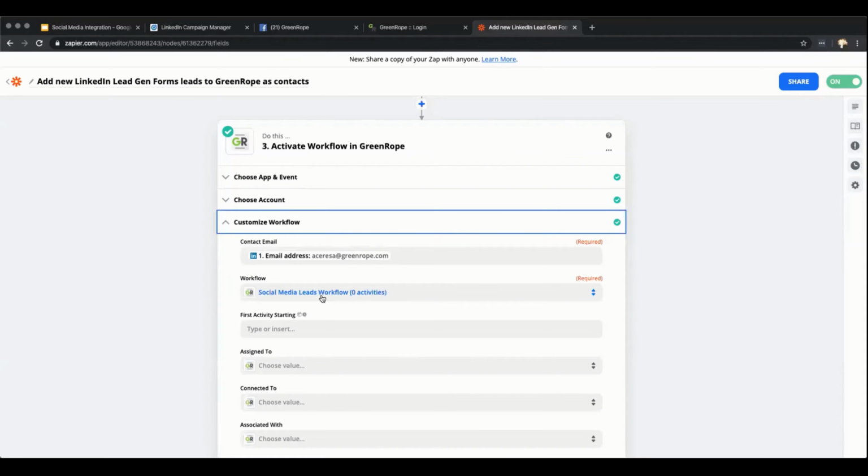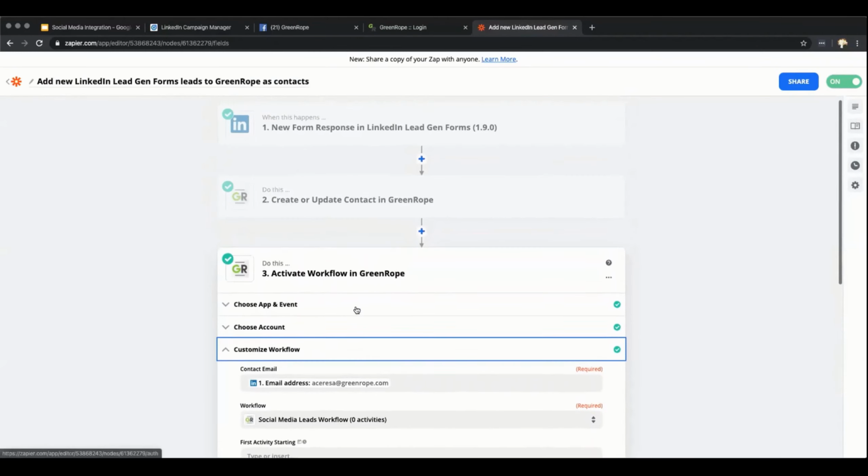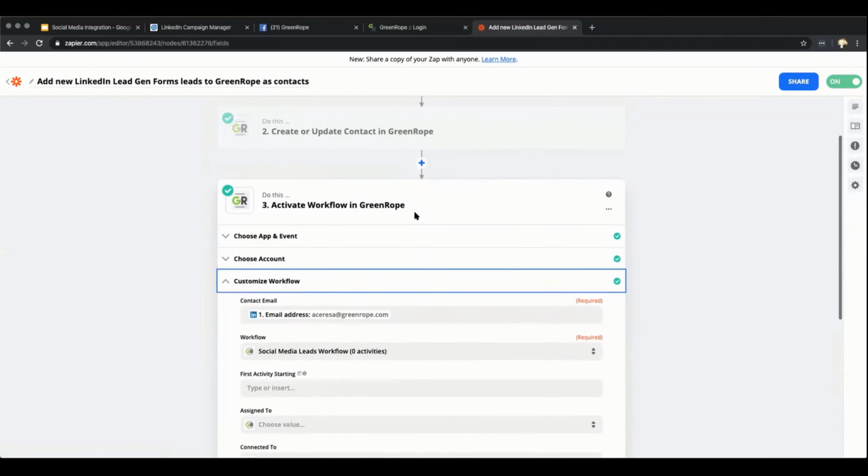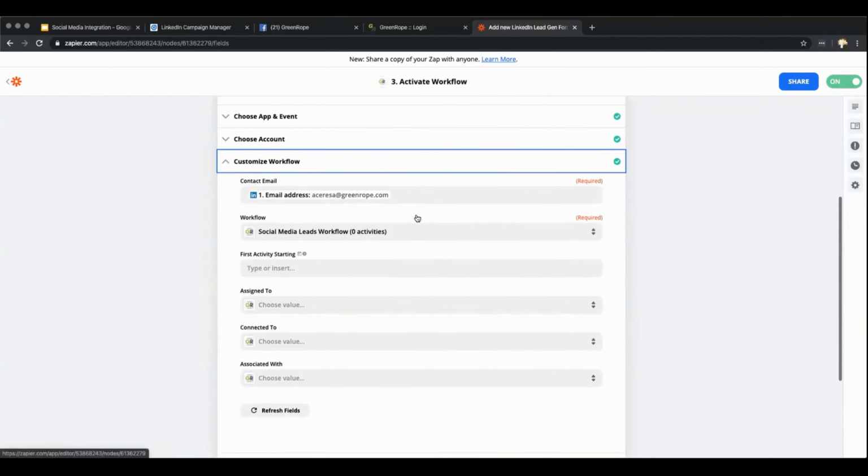But the way that we're able to separate these from, let's say, a more sales qualified lead, someone who came in from PPC who wants a live demo, is by activating a specific workflow that tags them, adds a campaign ID, and sends them through a particular journey. So any questions about Zapier and that setup? Again, you can see this is so simple to use. And we'll get into Greenrope, but obviously you need to have your workflows set up before you can activate the workflow. But I wanted to show this all in one before we got into the Greenrope part of it.